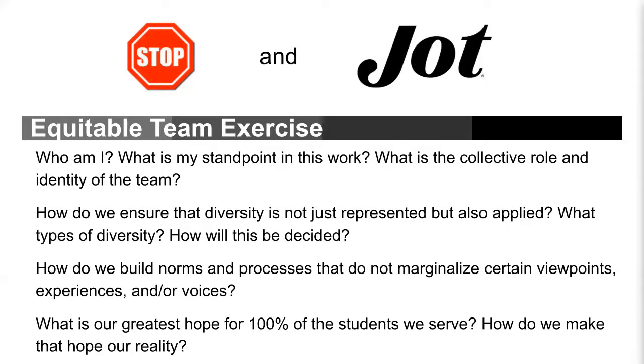So here we're going to do a little stop and jot. It's very important to make sure that you norm your continuous improvement team and have a clear understanding of the voices that are present in the room. So if you could grab a sheet of paper and just take a moment to stop and jot about how you would do this with your team. You may want to consider having the team actually go through these questions as an exercise together.